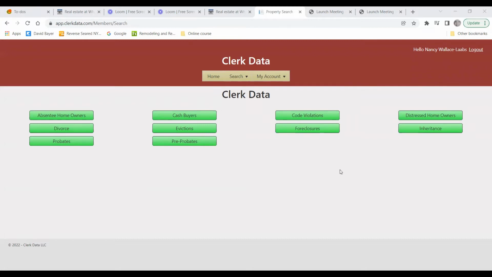And the reason I like them is one, they're very affordable. Two, I get deals off of their list. And three, I don't find it to be very competitive in terms of what other investors are using. So this is my home screen that I wanted to show you and just show you how easy it is to use them. So these are the type of lists that you can get